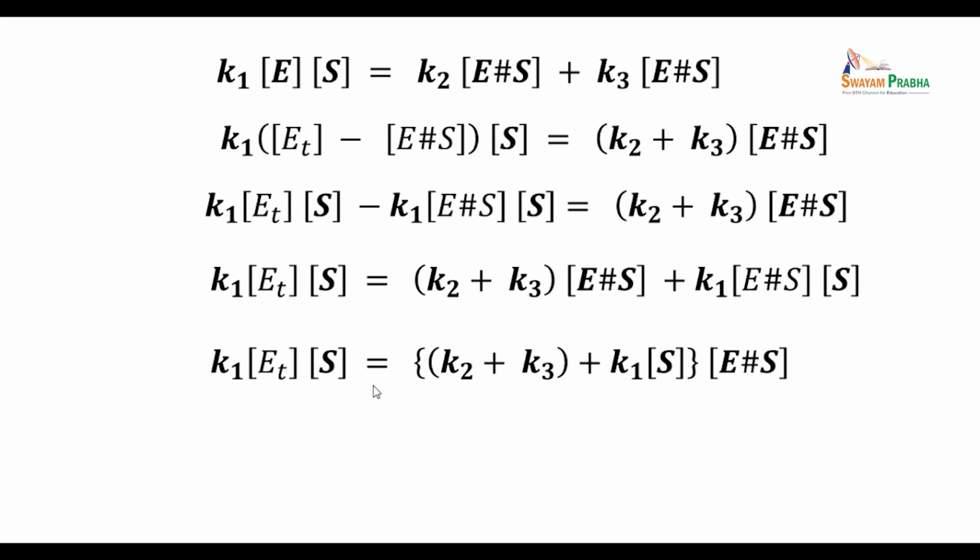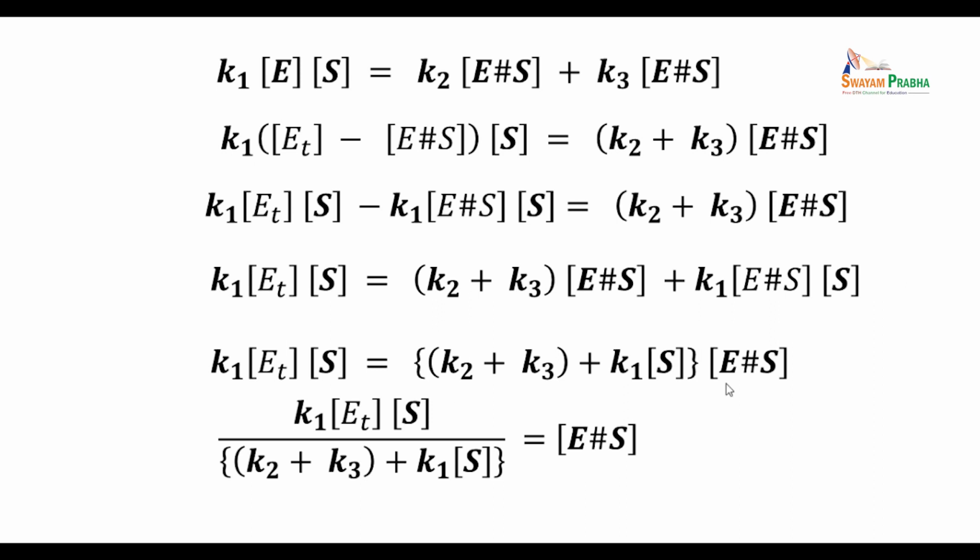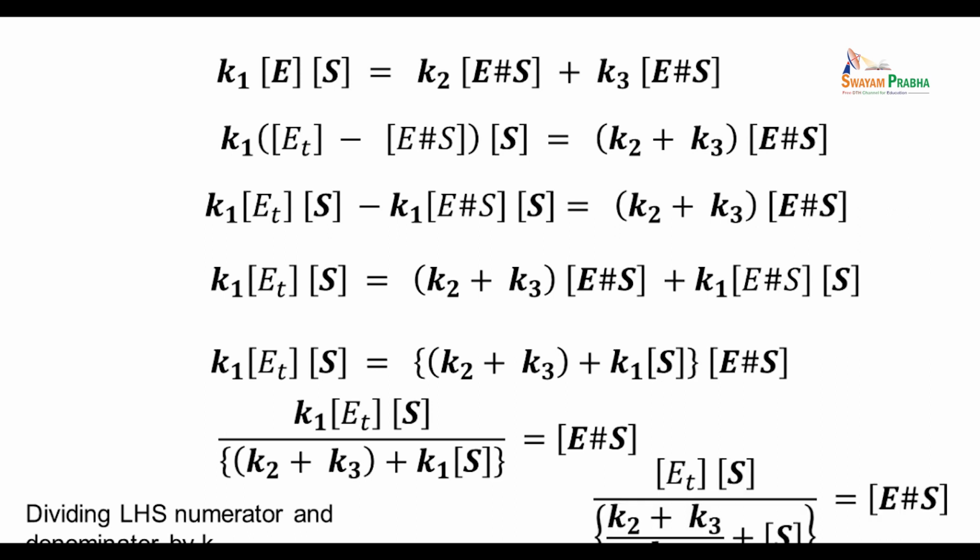write this as the left hand side remains the same, the right hand side, if you take the enzyme substrate complex concentration common out, K2 plus K3 from here plus K1 into S. The enzyme substrate complex is out, therefore the concentration of the enzyme substrate complex is the left hand side divided by the factor here, K2 plus K3 plus K1 times S. And if we divide the numerator and the denominator by K1, the K1 disappears from here, so ET into S, and here K2 plus K3 divided by K1 plus S. There's a K1 here which gets cancelled, plus S equals the enzyme substrate complex concentration,